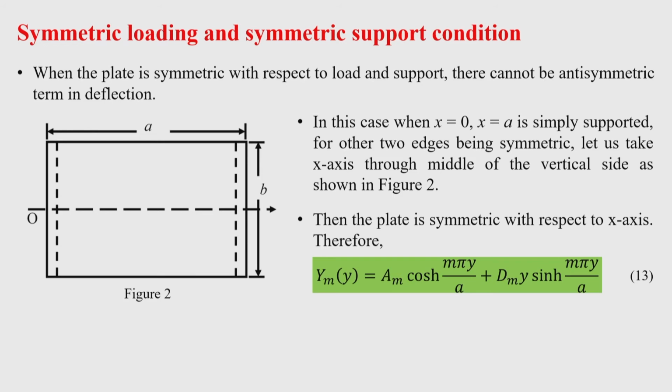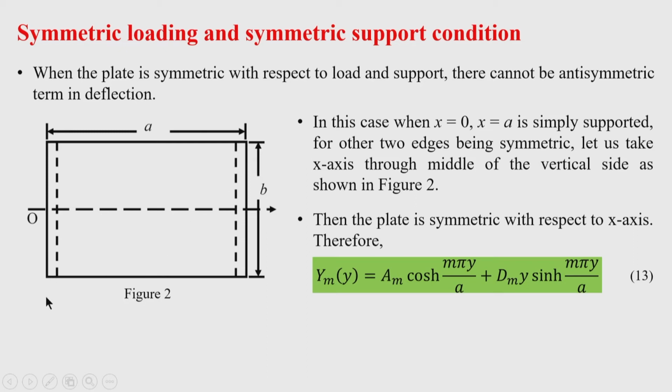Now, we call the structure symmetric when the loading and support conditions are completely symmetric. Now, here see this plate. Okay. This plate has length a and width b, and two opposite edges are simply supported, x is equal to 0 and x is equal to a are simply supported, if this represents the x axis along the length direction, and along the width direction the y axis is shown. Okay. It is not shown in the diagram, but consider that along the edge, parallel to width, the y axis exists.